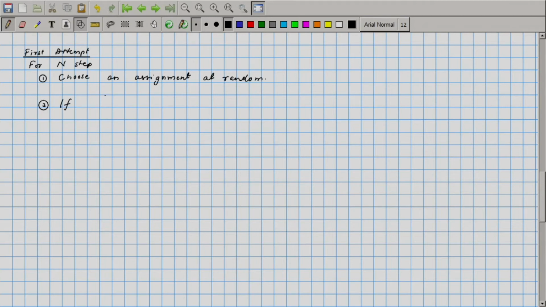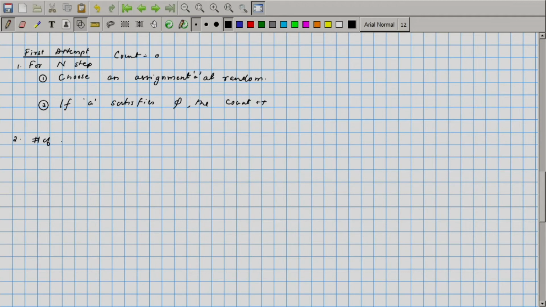So let us call this assignment A. If A satisfies phi, then count plus plus. So, initially we will have count equals 0, okay, and then the last step would be